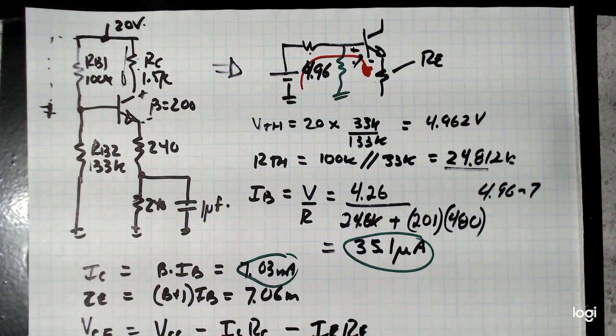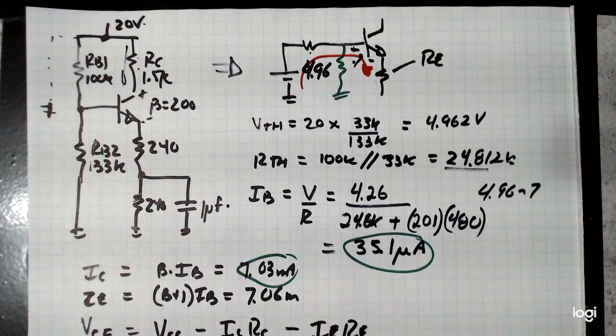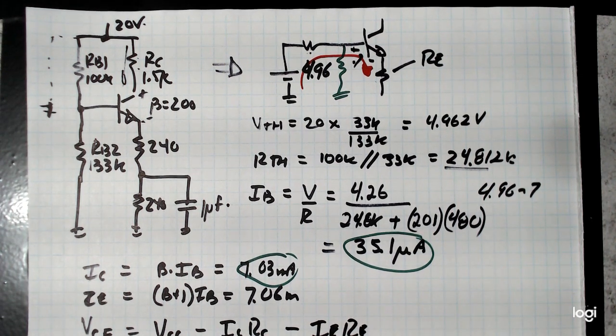So 20 minus 7.03 milliamps times 1.5 k ohms minus 7.06 milliamps times 480 ohms. Calculate those out, you end up with